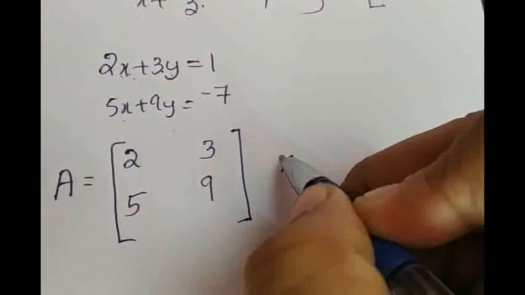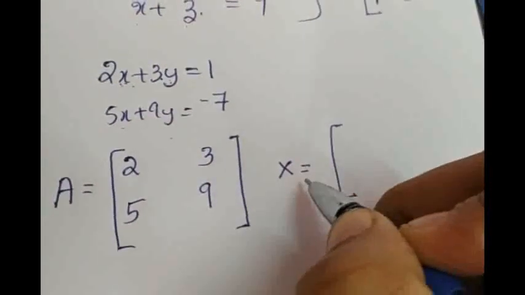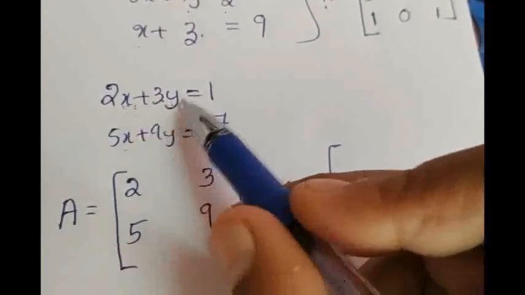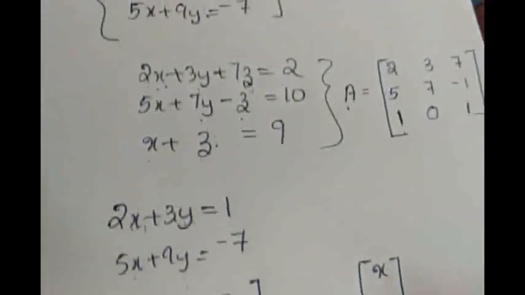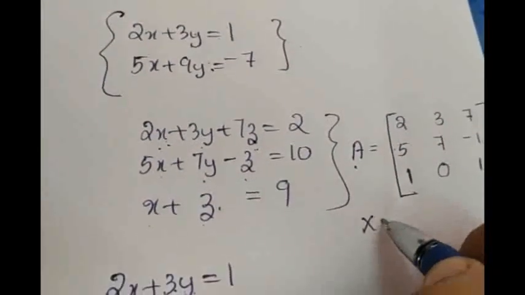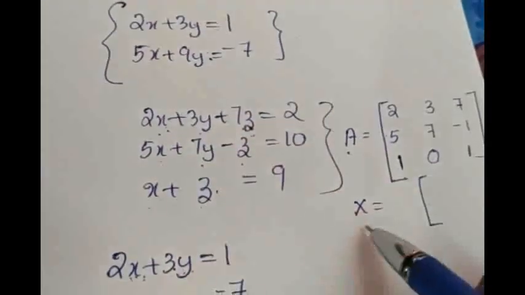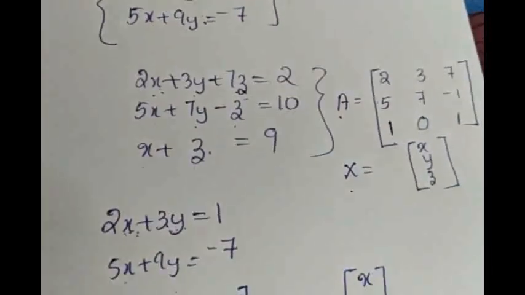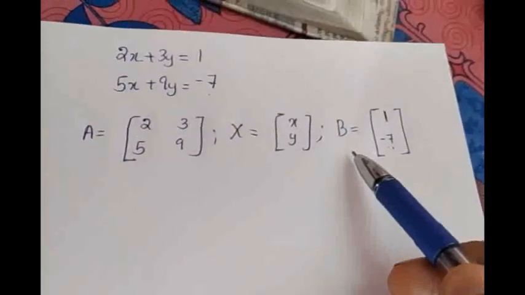Again, the next one is the variable matrix. How will we represent it? As X. This X is always a column matrix. Write the variables. Here there are only 2 variables x and y, so this will be the column matrix x, y. In this case, can you say what is X? How many variables are there in the equation? X, y and z. So capital X will be x, y and z in a column. Okay, again there is one more matrix we have to write. So again we have B.